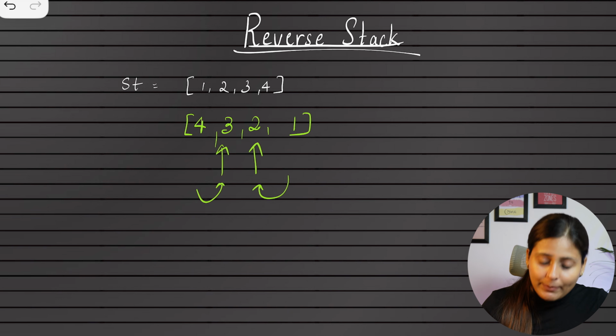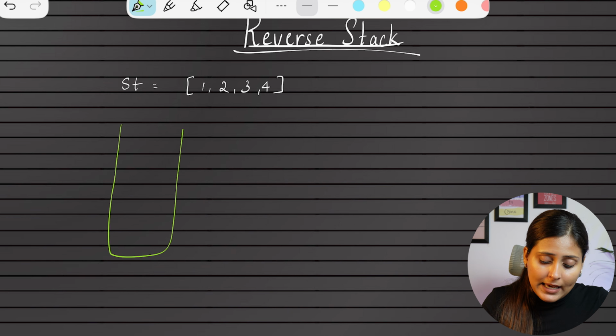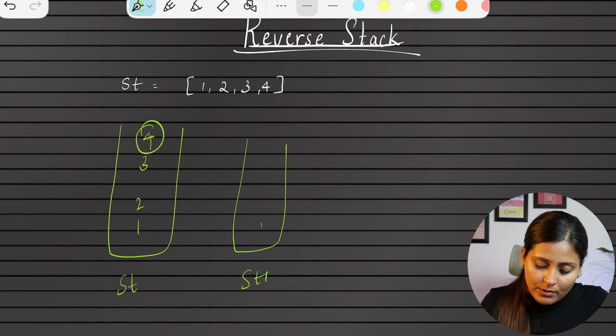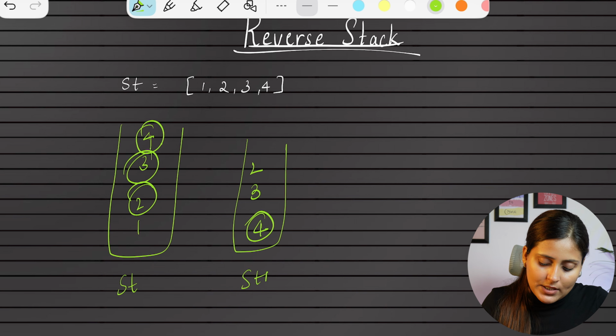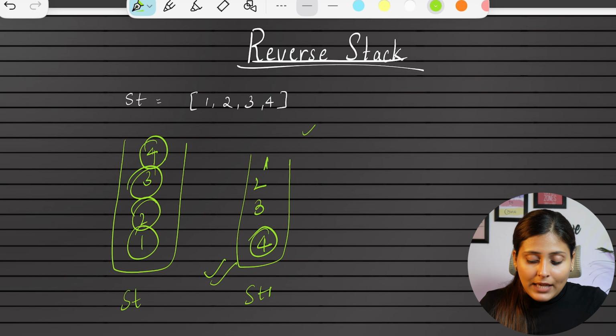Correct? This was the method using two pointers. The second method is, whatever is there in our stack, make a new stack, let's say st1, and here we have 1, 2, 3, 4. This 4 we will pop and move here, then 3 we will pop and move it here, 2 we will pop and move it here, and 1 we will pop and move it here, but using an extra stack. So definitely we have reversed it.